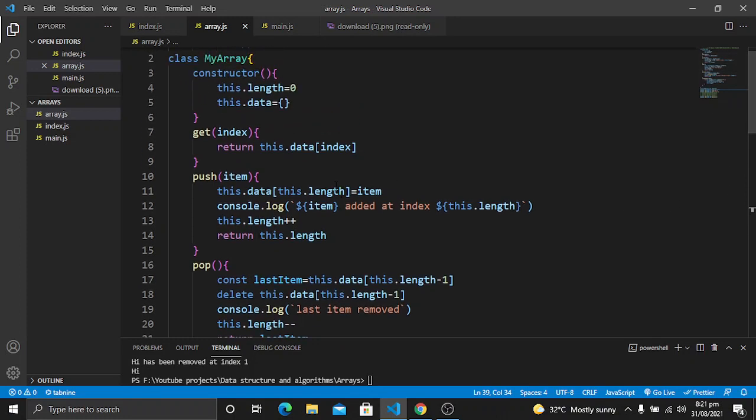At this length in this dot data, we will set this item. It means we will add this item at the end of an array, and then we will increment the length. For example, if the item is added at index 0, because the length is at 0, after adding an item at this index we will increment the length, so the length is going to be 1.